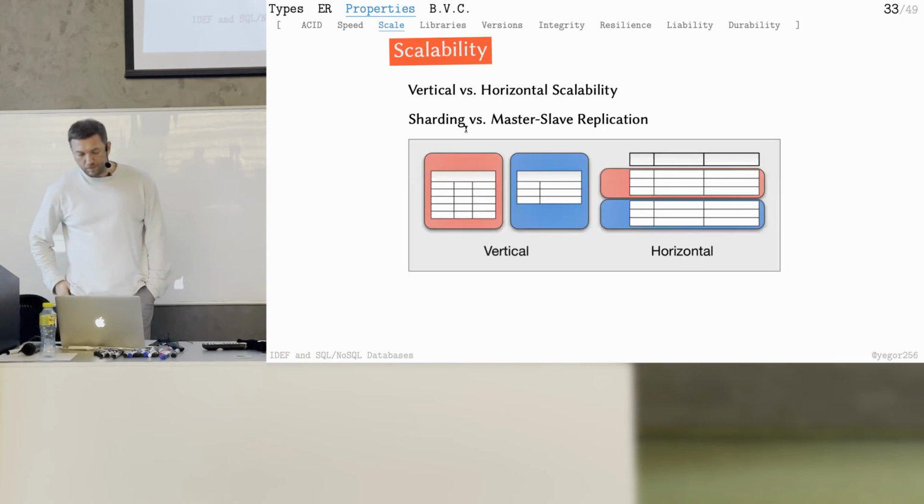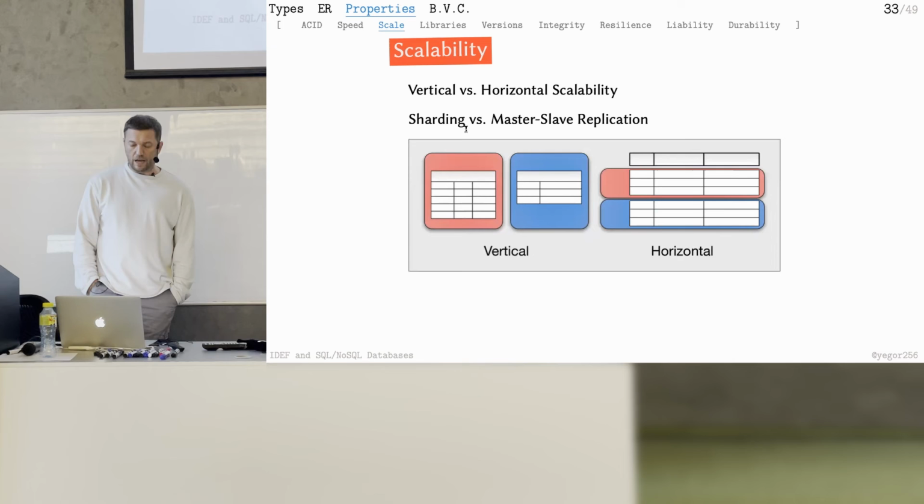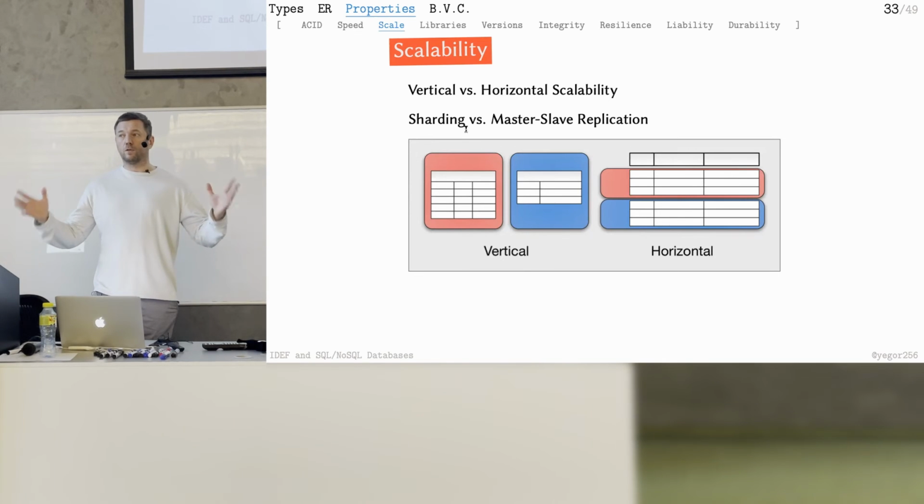And then I found this picture on the internet to compare scaling vertically and scaling horizontally. This page relates to sharding. Vertical sharding is when, let's say, we have a database of 2 tables. In one table, we have a huge list of users, and in another table, we have a huge list of books. So in sharding, we say, okay, on one server, we're going to have users.